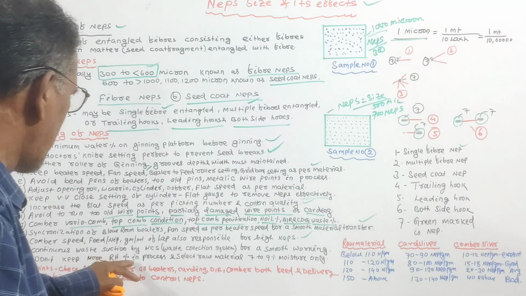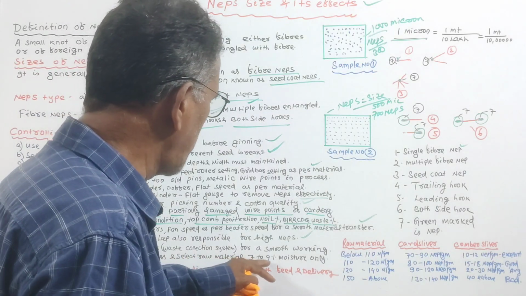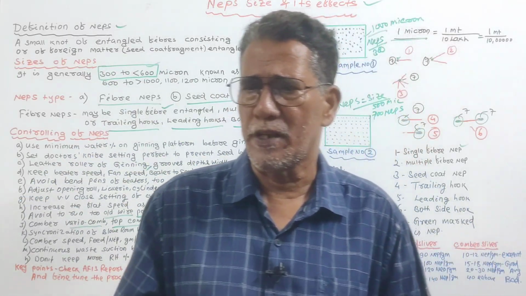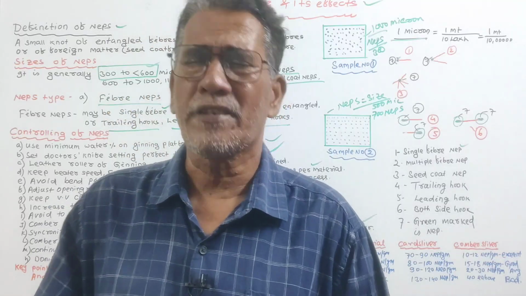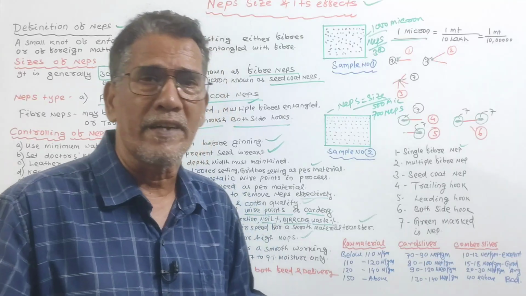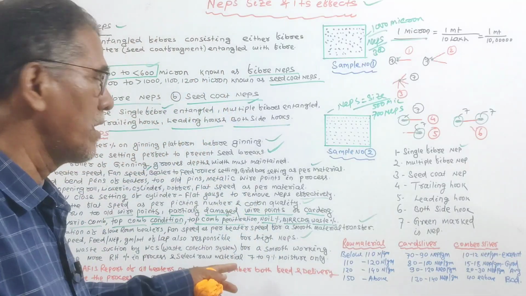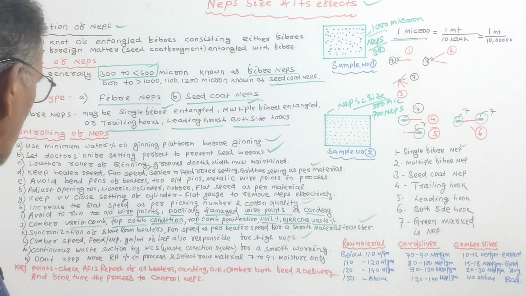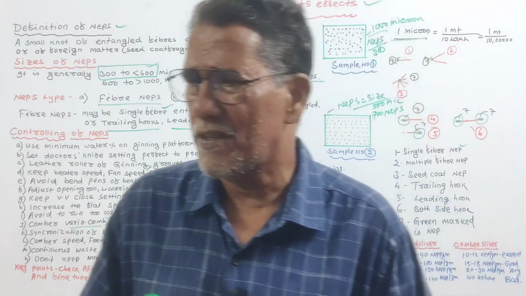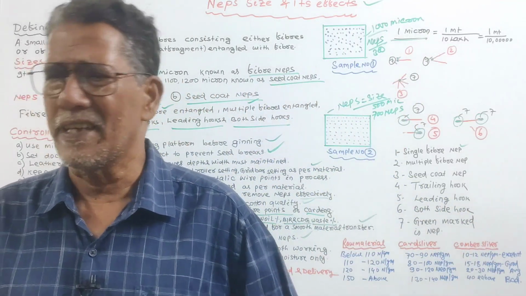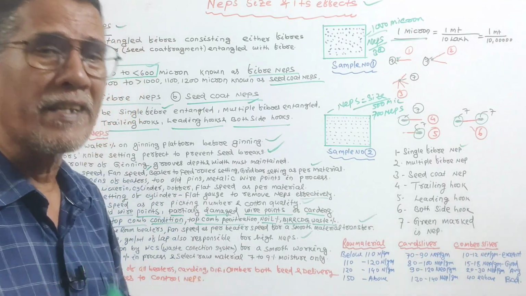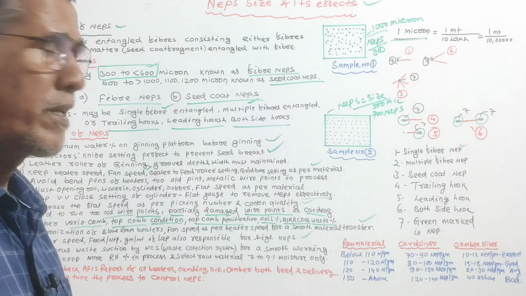Do not keep more RH in process and select raw material with 7 to 9% moisture only. Whenever selecting raw material for the spinning process, keep the moisture percentage in the material at 7 to 9%. Above 9% is not accepted at all, because it will increase your naps level. And another thing, do not keep more RH in the department, because if you keep more RH, then the material will help to increase the naps rather than decrease.